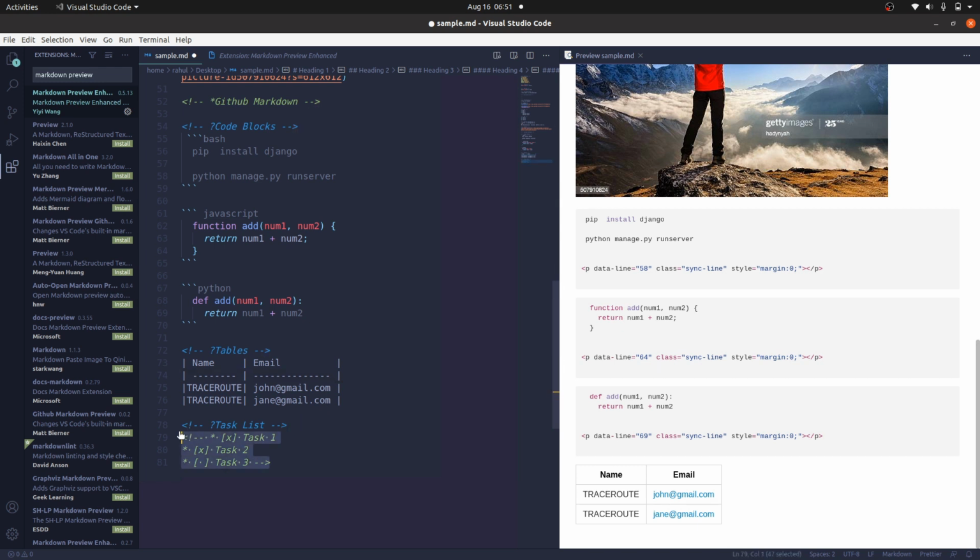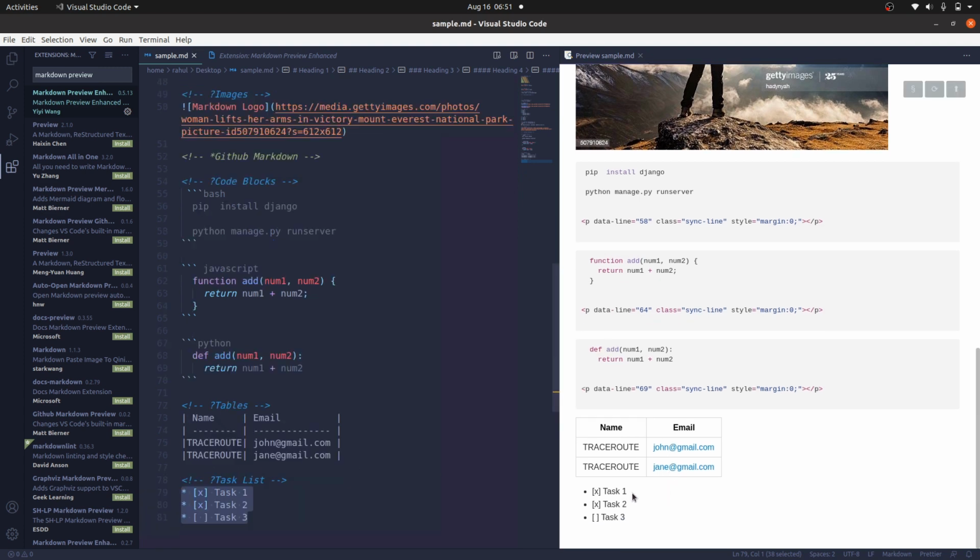Now in the end, let's take a look at the task list. The task list is given by asterisk square bracket.